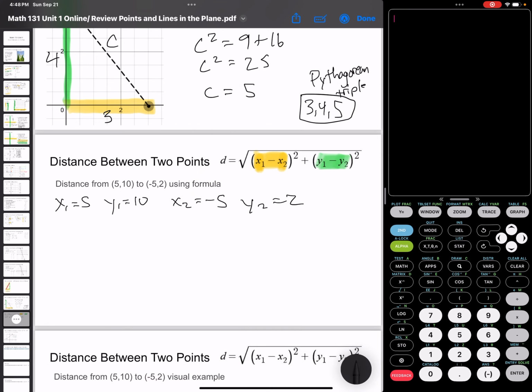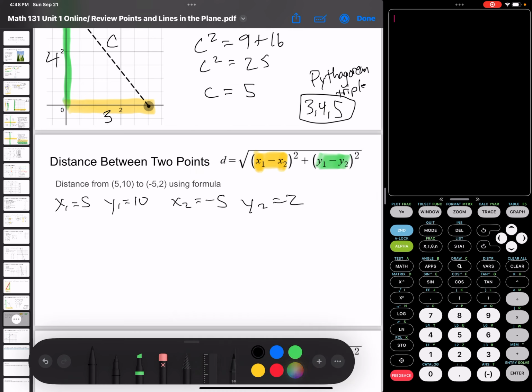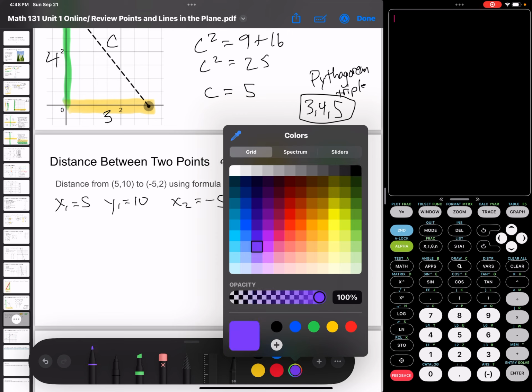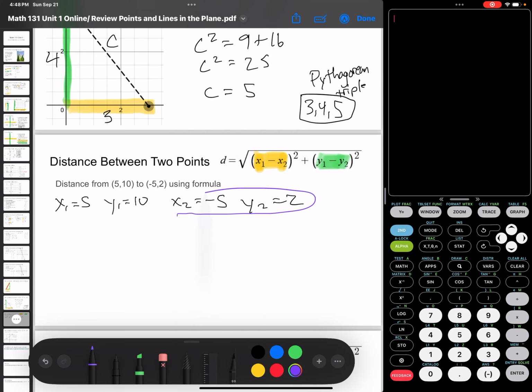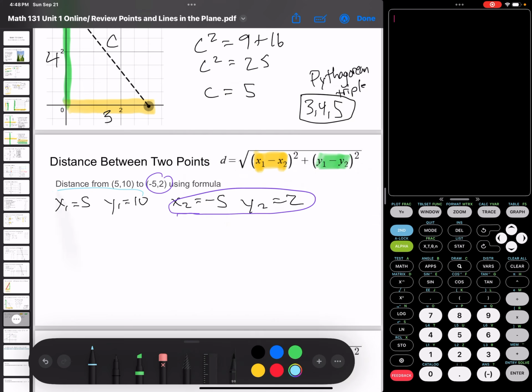We haven't done a purple. So I'm getting these 2 from this point, and I'm getting these 2 from this point. I'm just breaking them down like that to help me make sure that I get this right when I plug it in. So my distance is going to be equal to